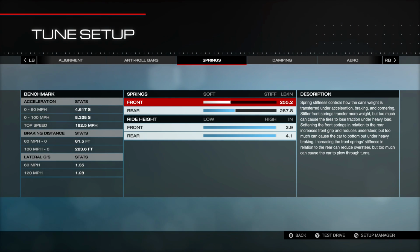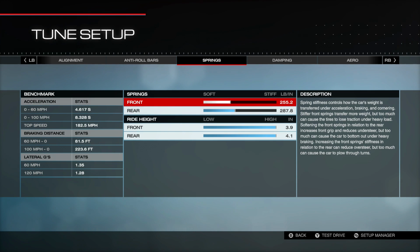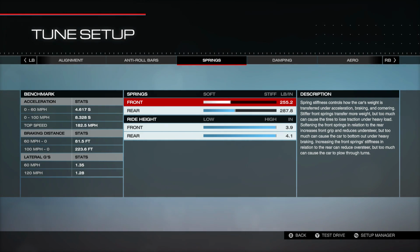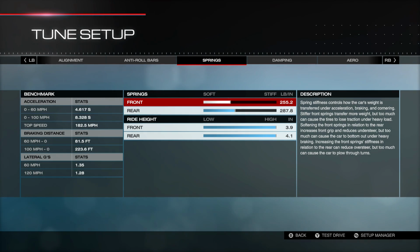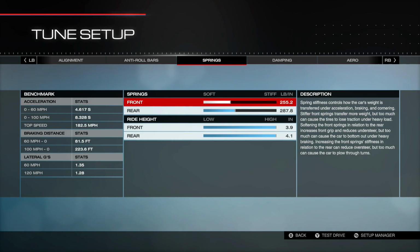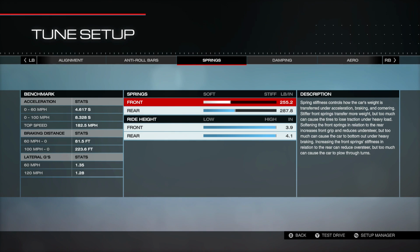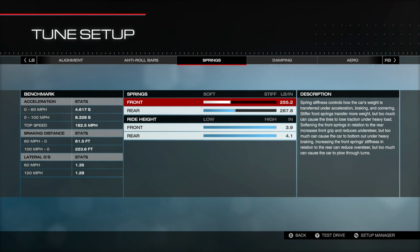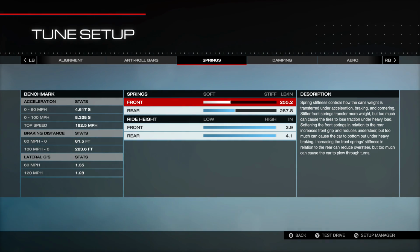this is not understeer tune. This isn't really over or understeer tune. This is pretty balanced because you got more weight in the rear. So it's pretty balanced spring setup. Technically, because I only have 41% in the front and 59% in the rear, this is a little bit understeer tuned. It just doesn't look like it based on the numbers, just because there's so much of the weight on the rear end. But it is pretty soft in the rear for the springs in correlation to the weight that's actually back there. So we have 255.2 and